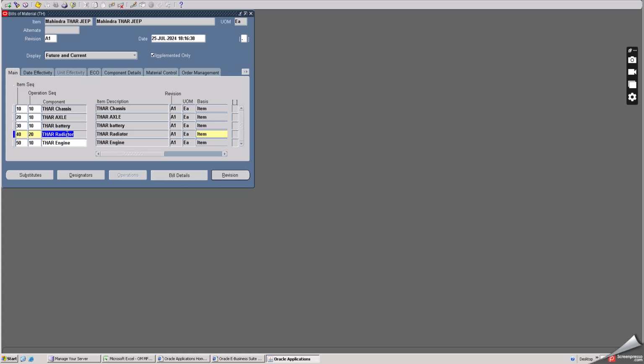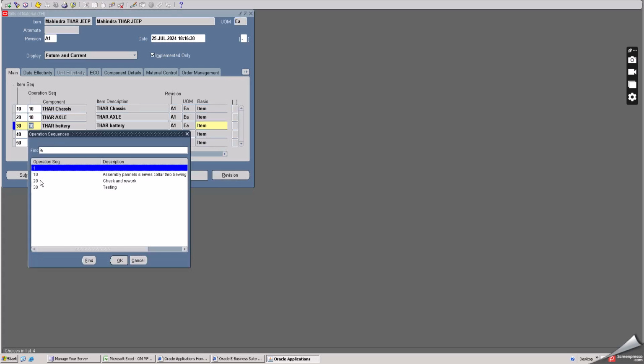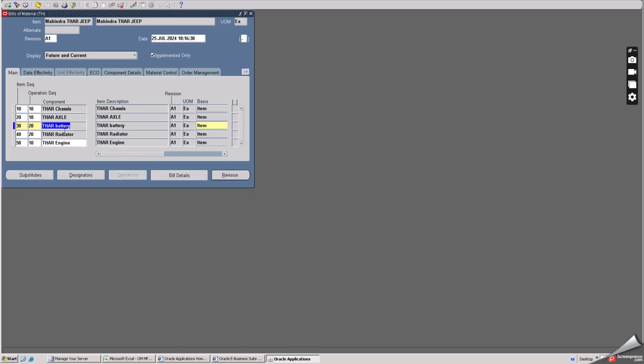Other than radiator, I am saying that the rest of the other components will be for namesake. For testing purposes I have taken it in such a way that battery and radiator, check and rework, have been assigned in the second operation, and the rest will be assembled in the first operation. Like that I have defined. And we'll be able to see